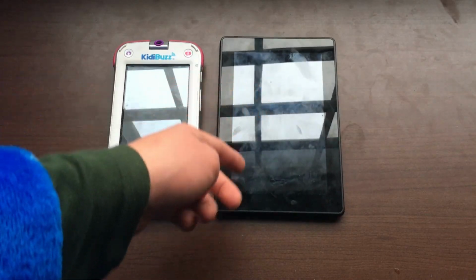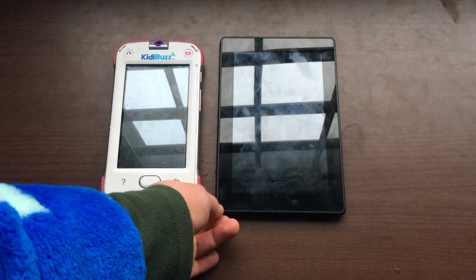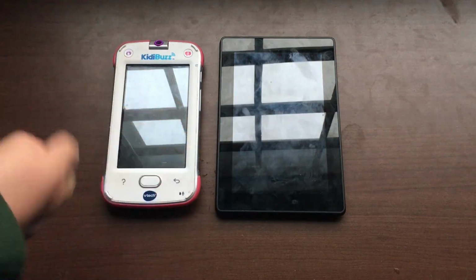Runs Android 4.2, 4.4.2, but it runs with Fire OS, so yeah, and these are my Android tablets. Alright, so for the remaining Apple devices, I'll cover them by first iPods, then iPads, and then we'll get into iPhones. So first up in the iPod category,